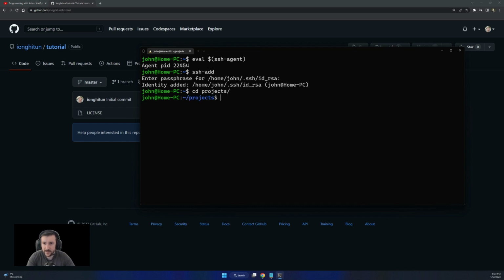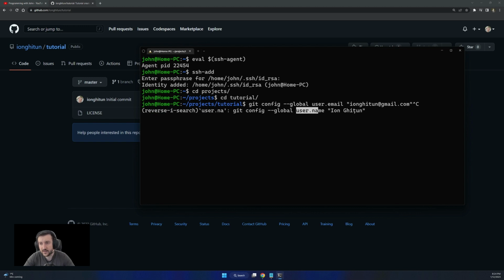So if we go to projects and tutorial, right, before working with Git, if you didn't work with it before and you set up this Debian from my tutorial, at first you need to run two commands. The first one is to set your email, and the second one to set your name. So it will be git config --global user.email and your email, and the second one will be git config --global user.name and your name.